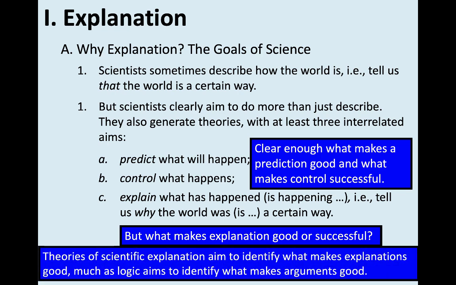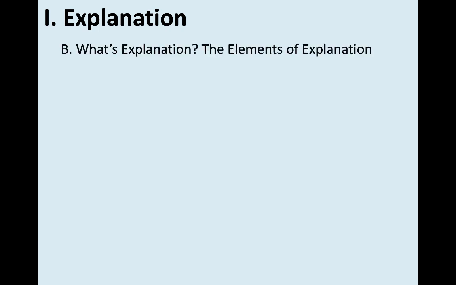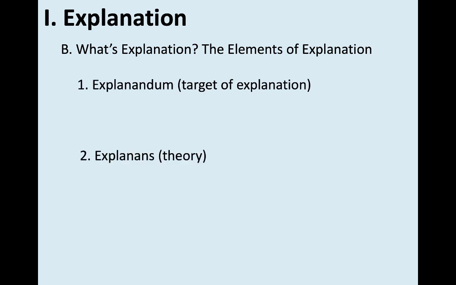Now here I want to just offer an intuitive standard. So in subsequent videos we'll look at particular theories of scientific explanation, but in this one we're just going to offer an intuitive standard. And in order to elucidate this intuitive standard, let's draw a distinction between what we're trying to explain, the target of explanation, which is the explanandum, or explananda if it's plural. I like this word because it lets us say one word instead of three. And on the one hand, and the explanans, or the theory, on the other. Don't like this word so much because we already have an ordinary English word that means the same thing.